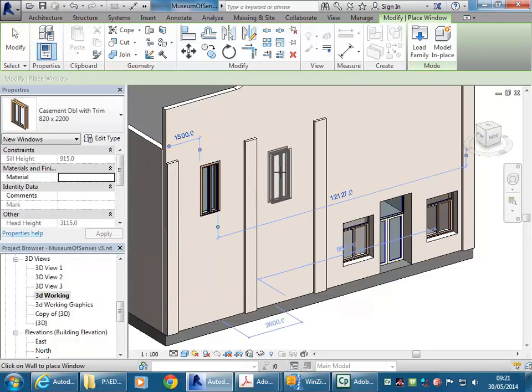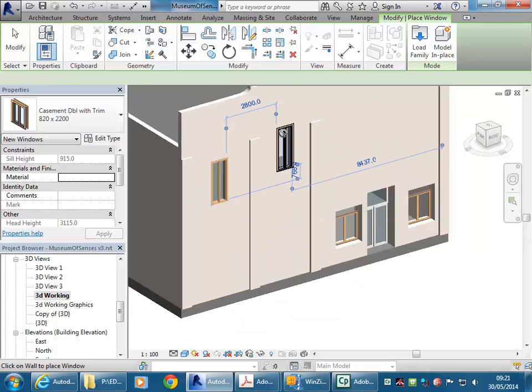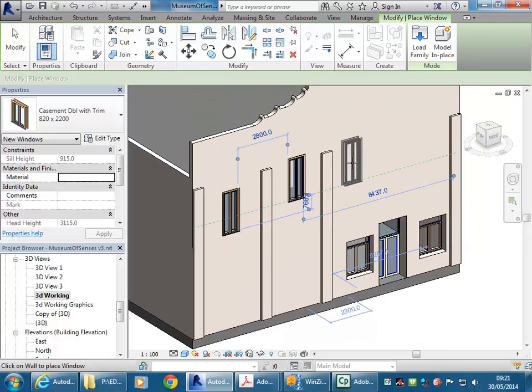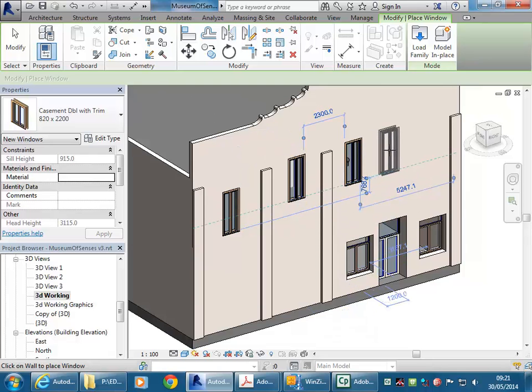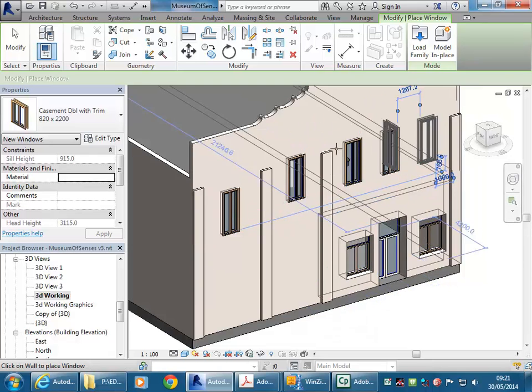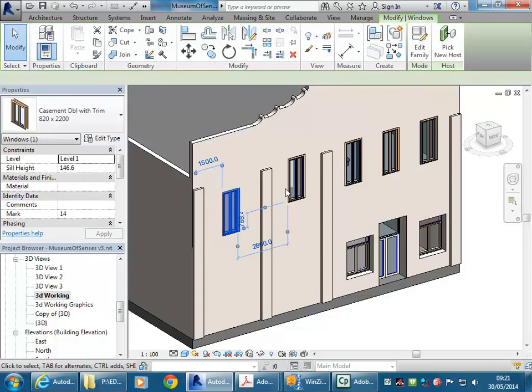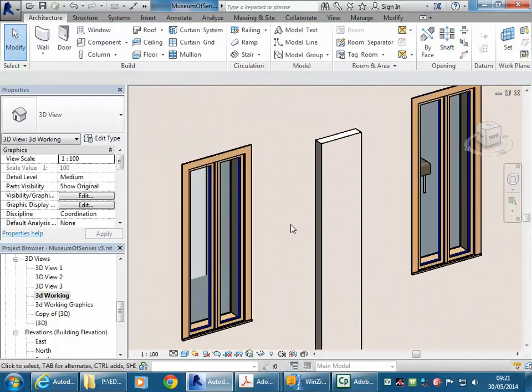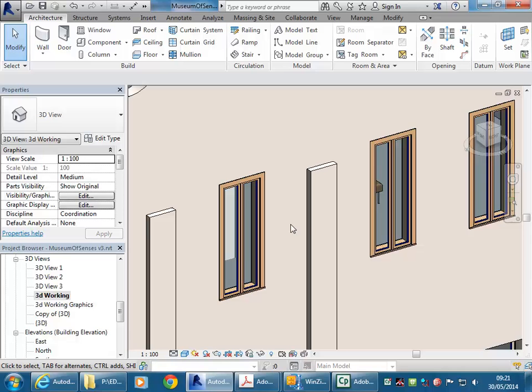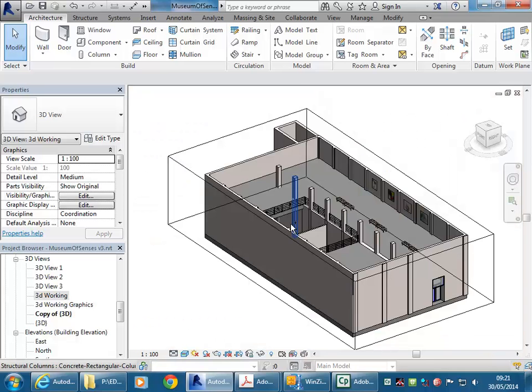Okay, so I'll just place those fairly roughly. If you look for the sill line, that can help to get the height right, or to at least get it onto the right level. And so this is the one with the trim, which you'll get from the library. So I'll just give you